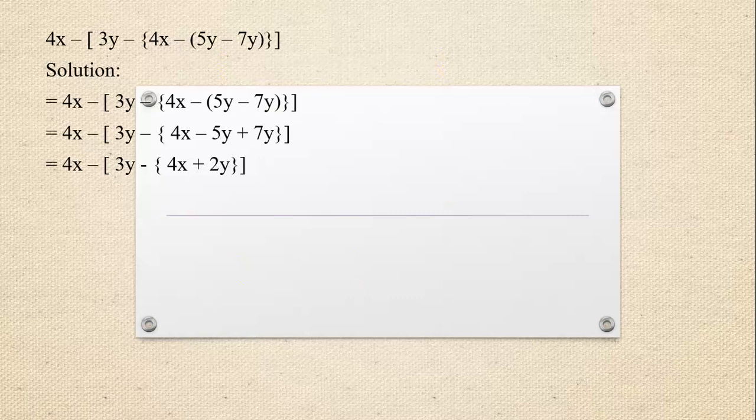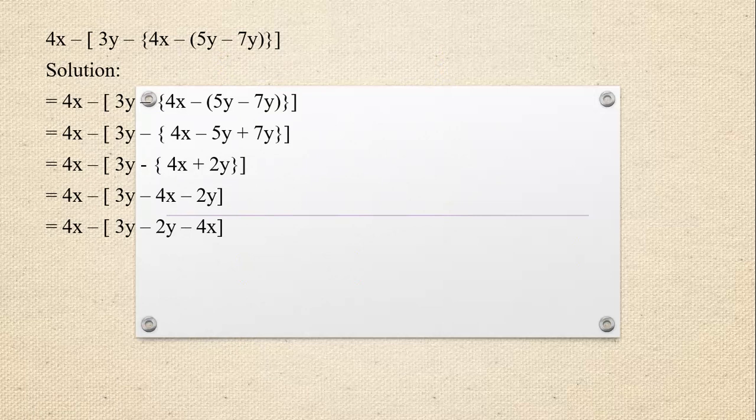So we have to remove this bracket by multiplying this minus sign, which is written before the curly bracket, by the inside signs. The expression will become 4x minus square bracket 3y minus 4x, as minus and the inside plus becomes minus 4x, and this plus 2y will become minus 2y, as this plus sign multiplied with the sign of subtraction, which is before the curly brackets. All right. Now we have two like terms inside the bracket. We have to solve them first. Firstly, we have to arrange them. The expression will be 4x minus square bracket 3y minus 2y minus 4x square bracket close.